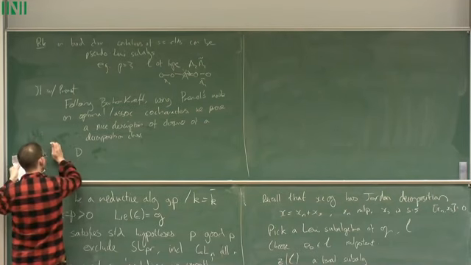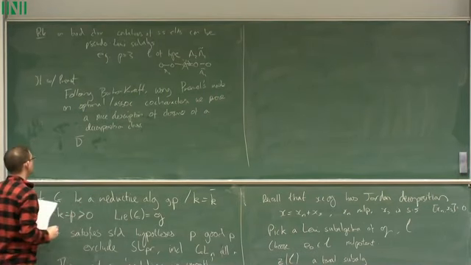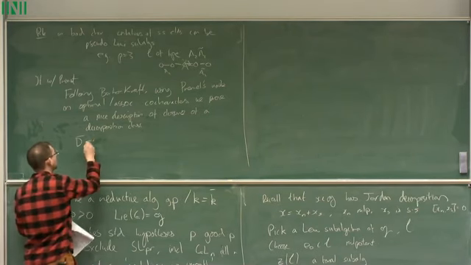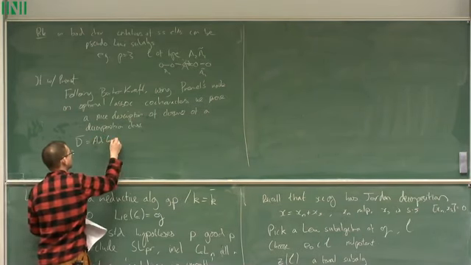So to get the closure of the decomposition class D, you take the adjoint action of G on,